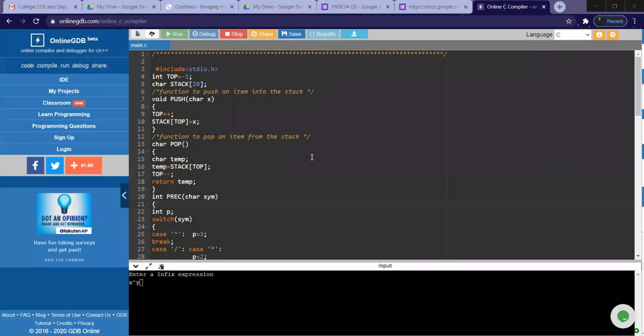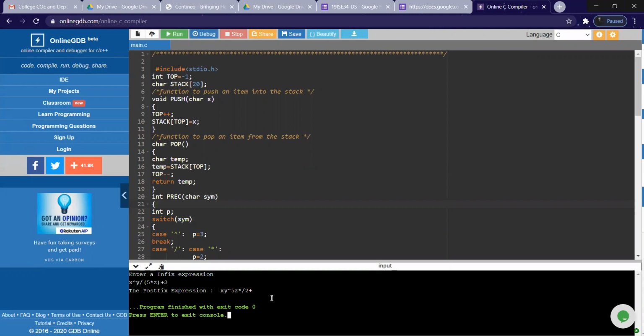So we'll give that expression: x power y divided by, what you said, 5, right? Open parenthesis 5 into z, close the parenthesis, then plus 2.